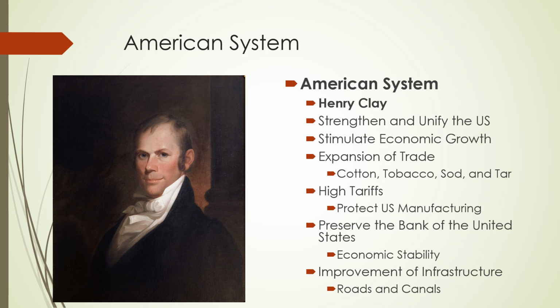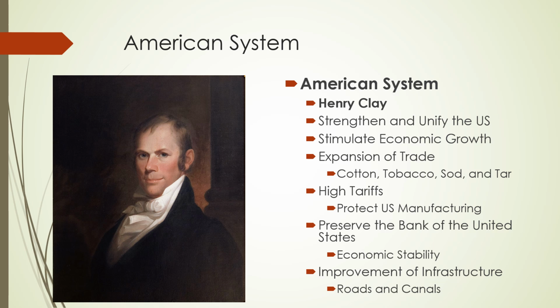Another thing that's important, and this is something that we are going to keep talking about, something that will have importance pretty much for the rest of the section, is something called the American System. Parts of this were devised earlier, but it really gets put in place and called the American System by a senator from Kentucky named Henry Clay. Basically, this was a plan to unify the United States and strengthen our economy.